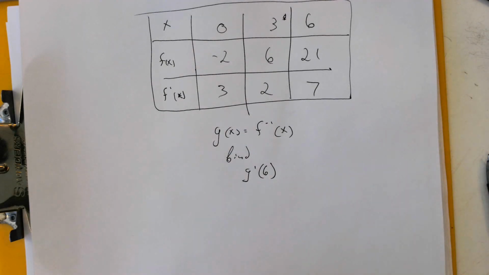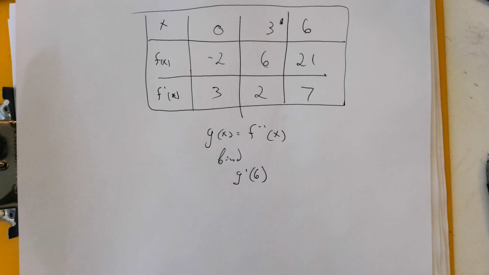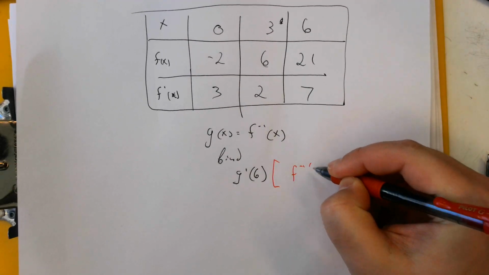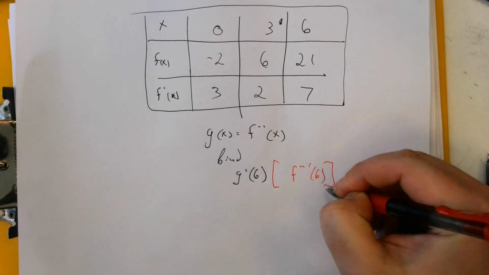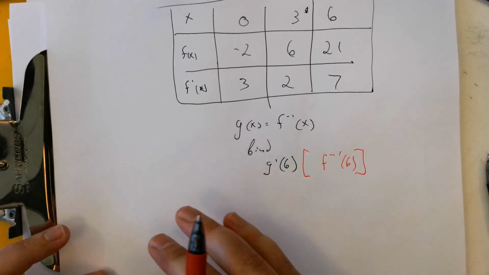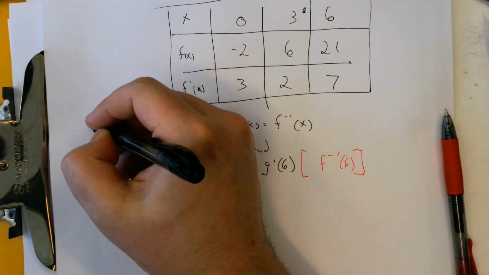This is more traditionally what one of these AP questions will look like. G of x is equal to f inverse of x, find g prime of 6. So really, I'm just gonna mark right here. That's really f inverse prime of 6. So I'm gonna do my same thing that I did last time, because even from the last page, I do not remember. But I remember that f